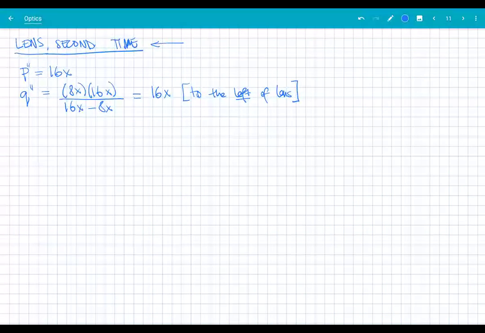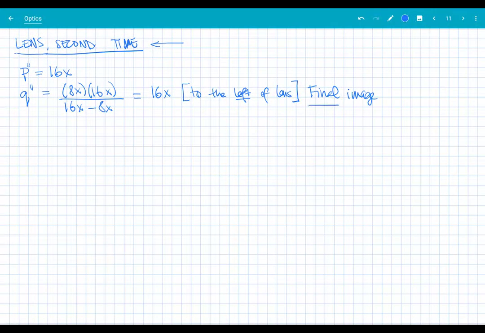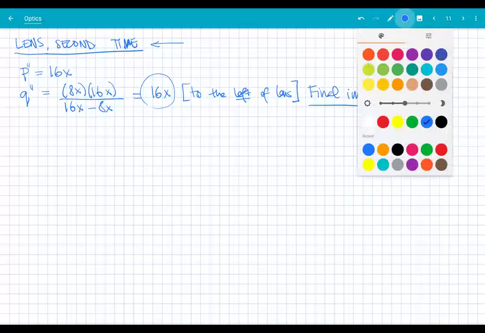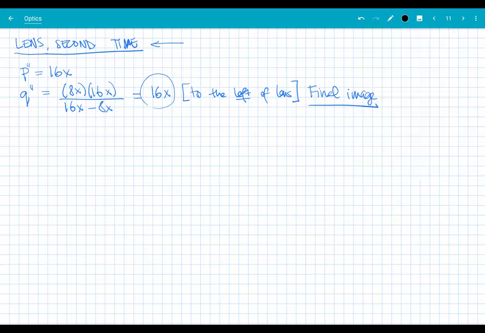Okay, so this is my final image actually right here. This is my final image for light that's gone through twice. The question asks us some other things about the final image, so let's figure those out. Because my very last image distance is positive, my final image is real. So let's describe the image. It's a real image,